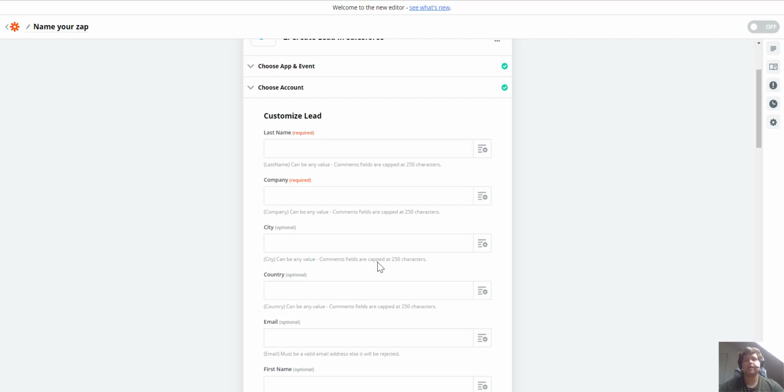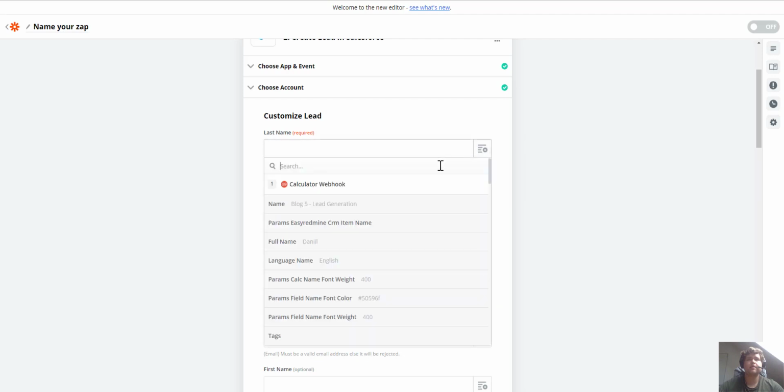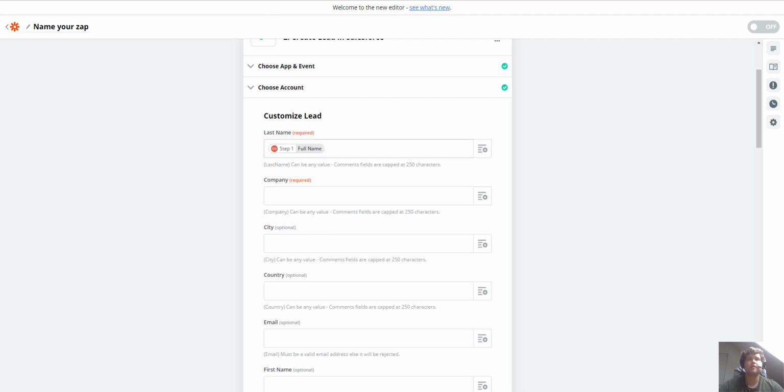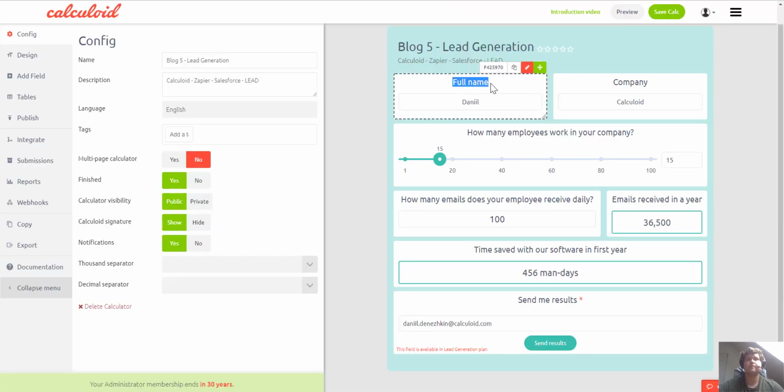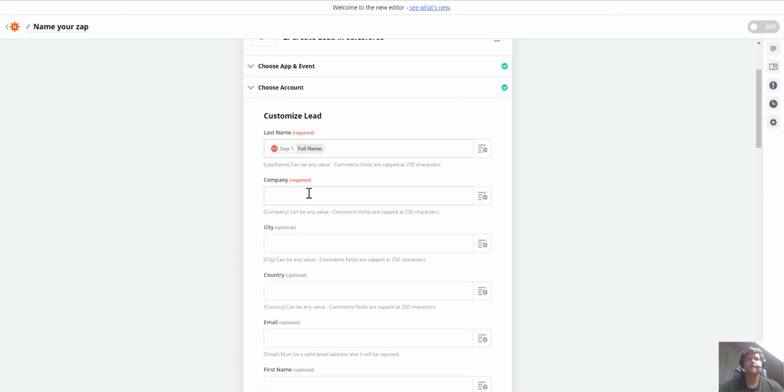Whereas when you create a table in Google Sheets, you can create custom columns and match them with the calculator. So we need to add here last name, and in my case it's the full name field in my calculator, this one. Company,